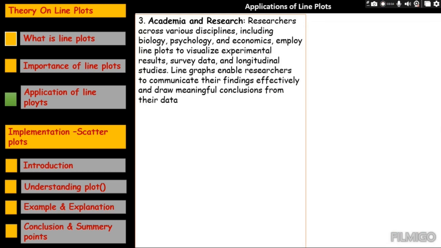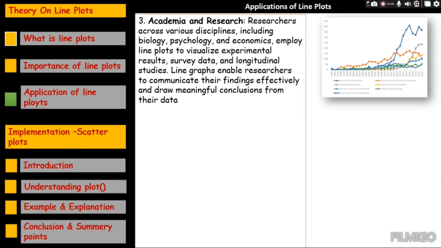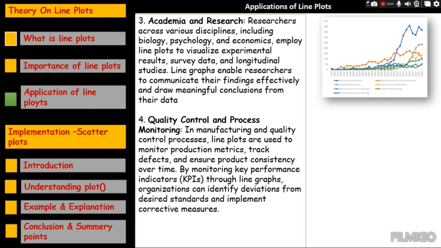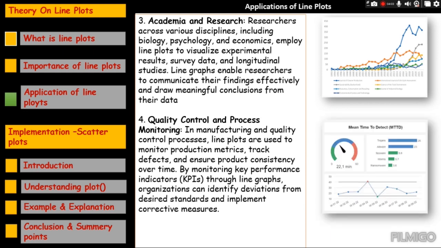Academia and research. Researchers across various disciplines, including biology, psychology, and economics, employ line plots to visualize experimental results, survey data, and longitudinal studies. Line graphs enable researchers to communicate their findings effectively and draw meaningful conclusions from their data. Quality control and process monitoring. In manufacturing and quality control processes, line plots are used to monitor production metrics, track defects, and ensure product consistency over time. By monitoring key performance indicators, KPIs, through line graphs, organizations can identify deviations from desired standards and implement